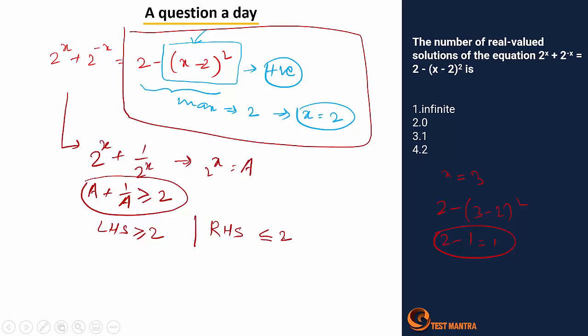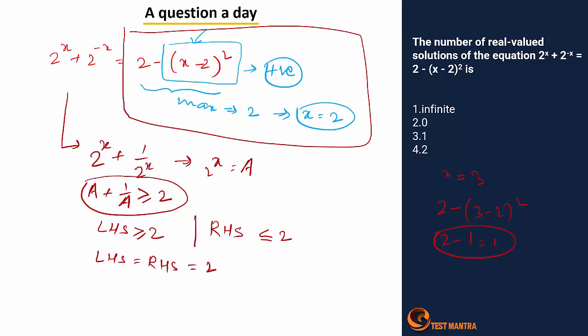Only possibility now is nothing but that the left hand side is equal to the right hand side, and that will be nothing but 2, right? So for that, my condition is, if I keep this value as 2,